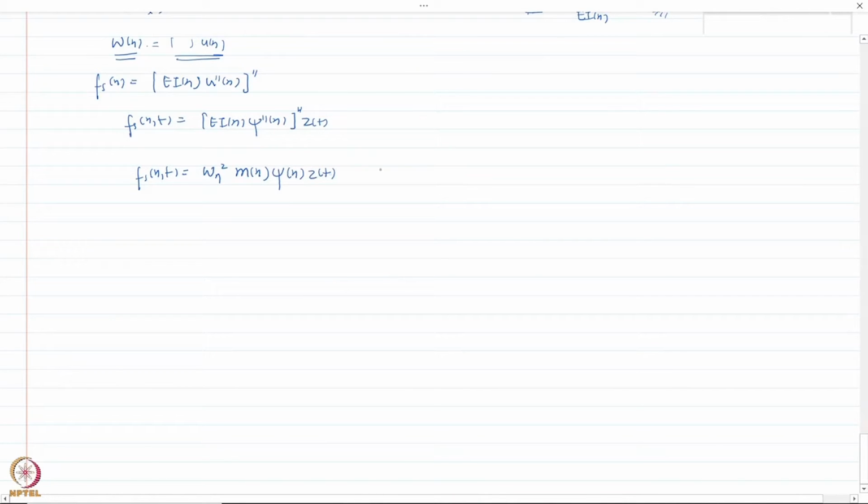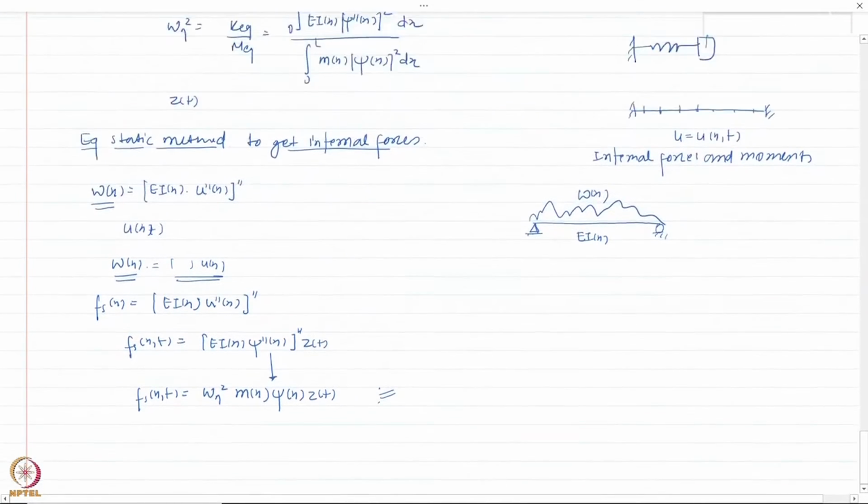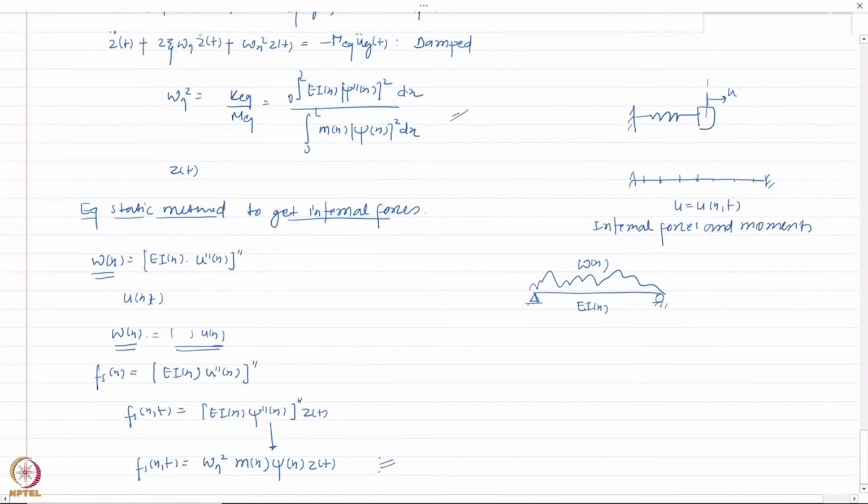Okay, and it is more often this is the expression that we would be using to get the external static or the equivalent static force to which the internal forces can be obtained at any time instance. Okay, and the derivation from how to get from here to here can be found anywhere. Remember, to get this we are just going to utilize this expression that we have here and then also use